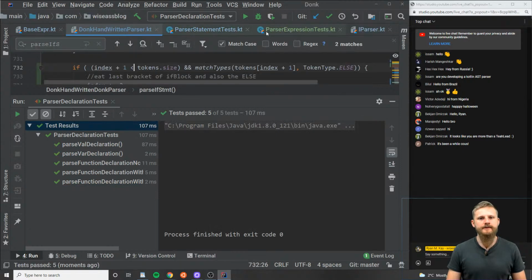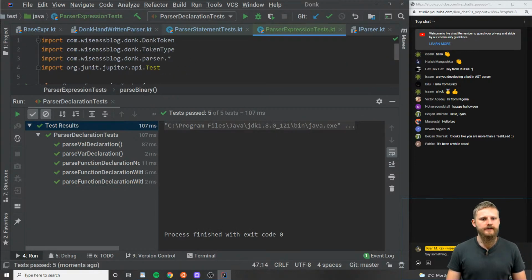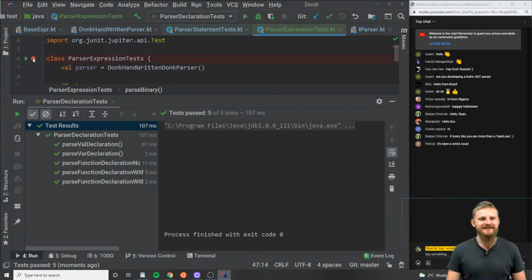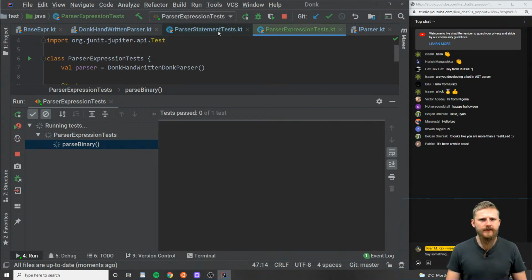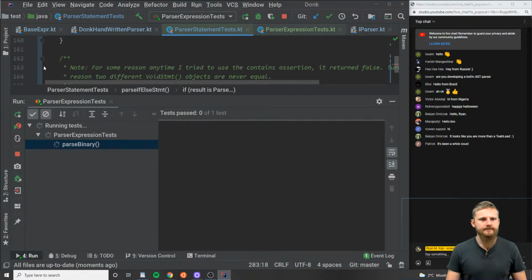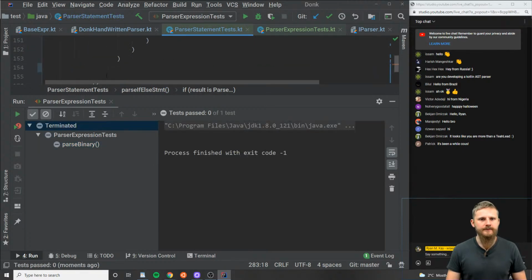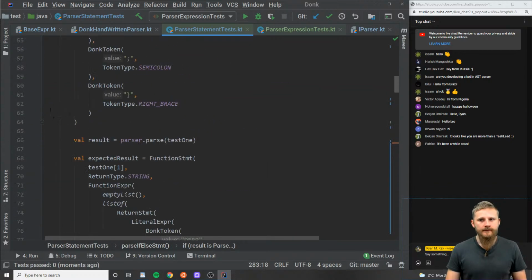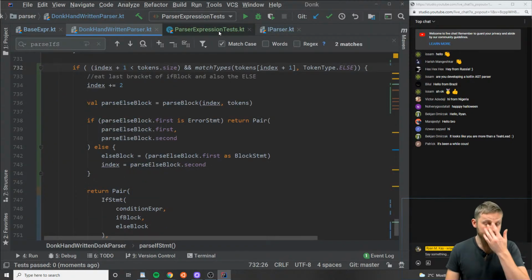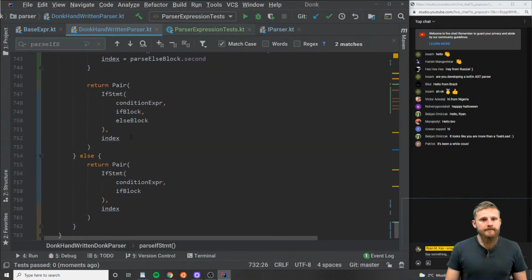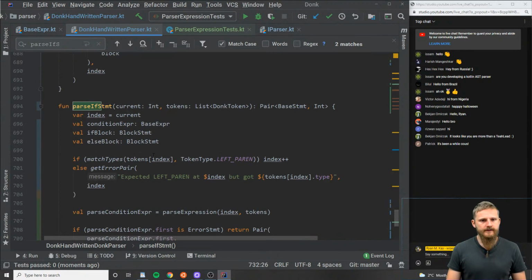Okay, those are working. Expression tests, I just ran these, so I know they're working. But I'm going to run them again. Oh wait, no, the expression test shouldn't be working. That one's still infinite looping. This one, yeah, those are working. Okay, we're good to go for now. So what I want to do is let's